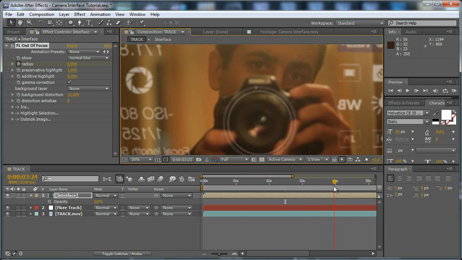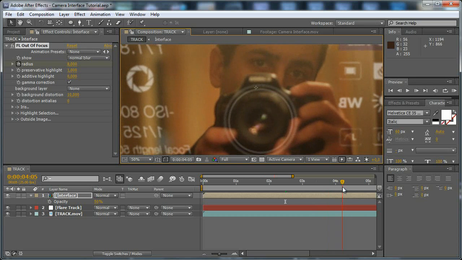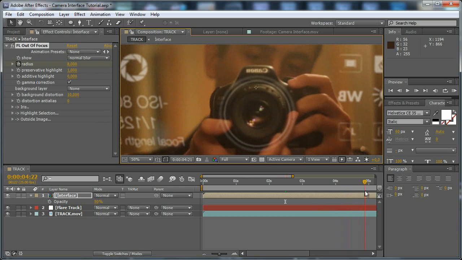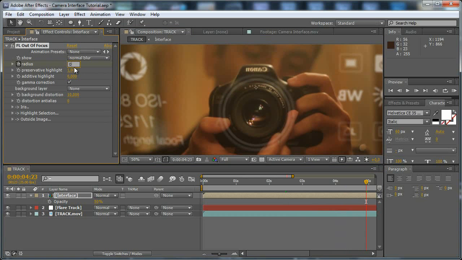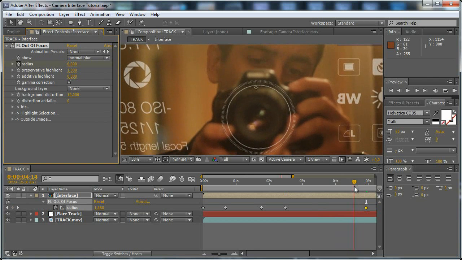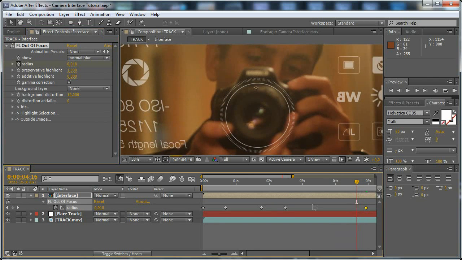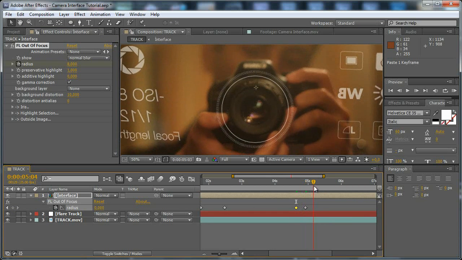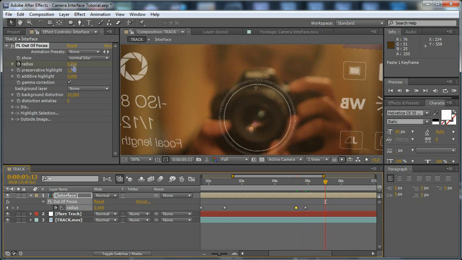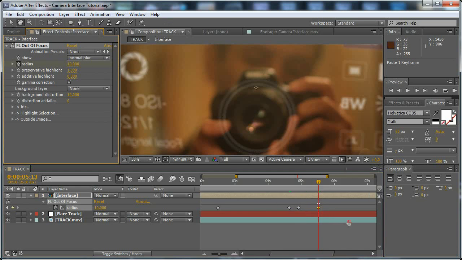You can see me watching the mirror, and then focus again, like so, and again defocus like so,